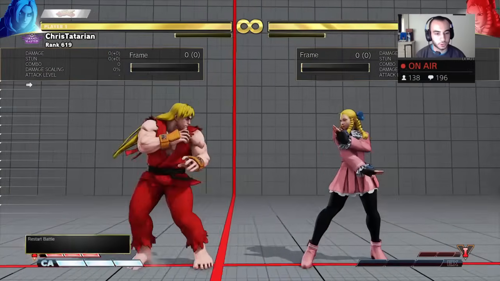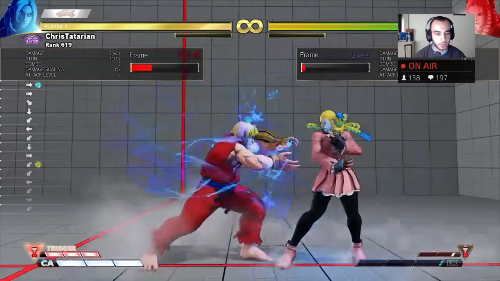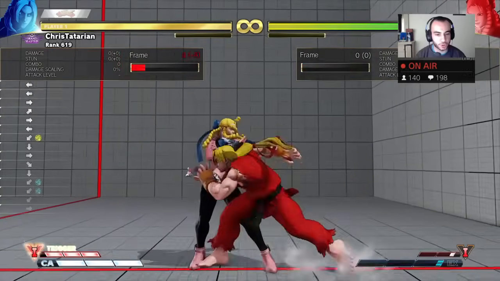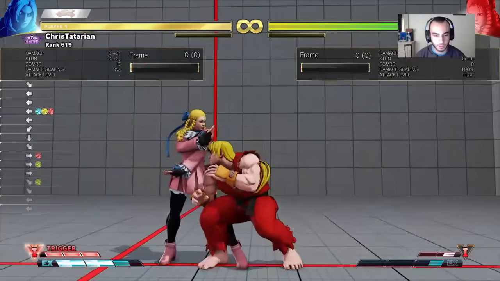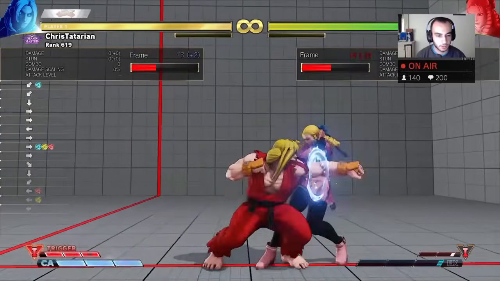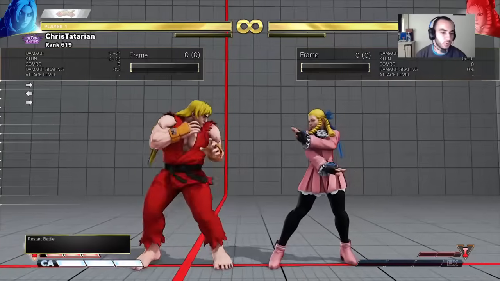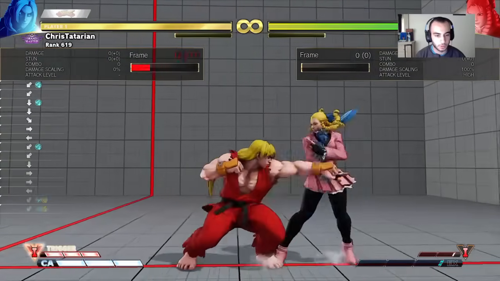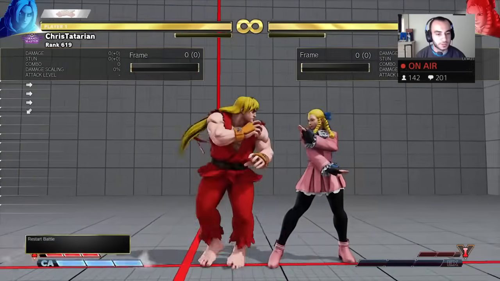Once you're a little too far to walk up throw or to walk up do anything really, you could continue your pressure. So let's say your pressure didn't work. Bam. You could do something like that. See, you don't even have to do it with the meter burn. You don't immediately dash. Watch. You don't immediately do that. You just take a pause